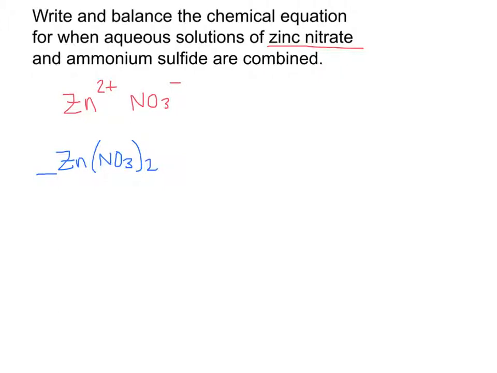The second compound that you're adding to the zinc nitrate is your ammonium sulfide. Ammonium is another thing that you had to have memorized. Ammonium is NH4 with a charge of +1. And sulfide, anything that ends in "ide" means you just have that element, sulfur, by itself, but in ion form. So it's only sulfate and sulfite that end up having your oxygens attached to it. So if you look at the periodic table, sulfide, or just sulfur when it's an ion, has a charge of,